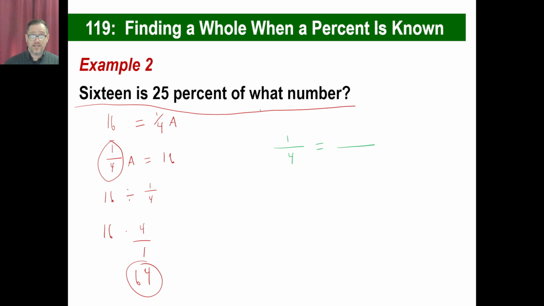Now let's look back at the problem. We got a 16 left, and we have a what number left? Which one goes where? Well, 16 is 25% of some number. 16 is just a little part of some number. That number is going to be bigger. Which one is bigger here? The bigger one's on the bottom. That means I'm going to put the bigger number on the bottom right there. I'm going to put 16 up top right there. Good? Now we're going to cross multiply. 1 times A